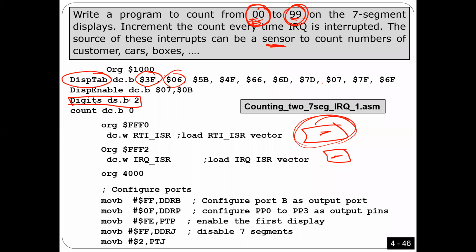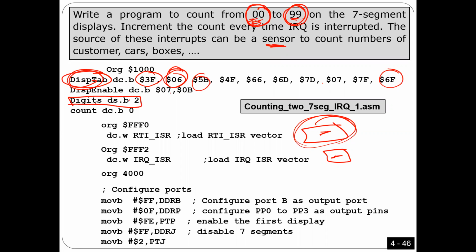If this number is 2, 9, this one, and so on. So this is the first step. I have two memory locations. These two memory locations should be updated by the IRQ. In every interrupt, I'm going to work on only one of them. So what I'm going to do is take this number and convert it to a code by adding this number to the beginning address, and then I'm going to get this value,